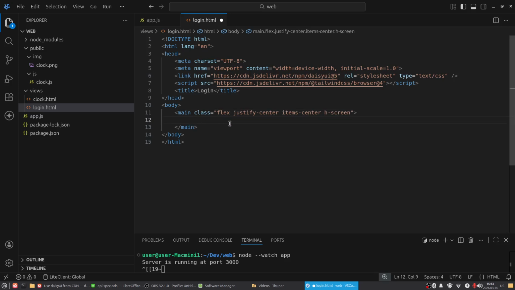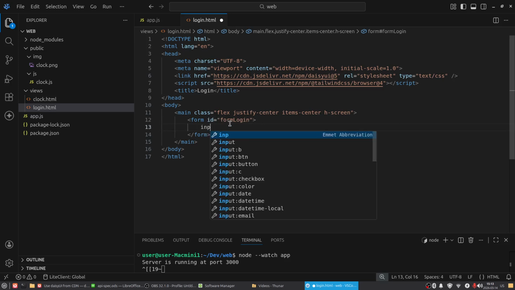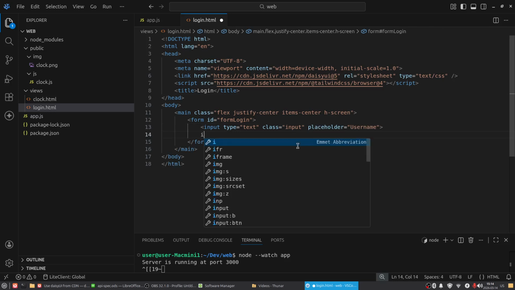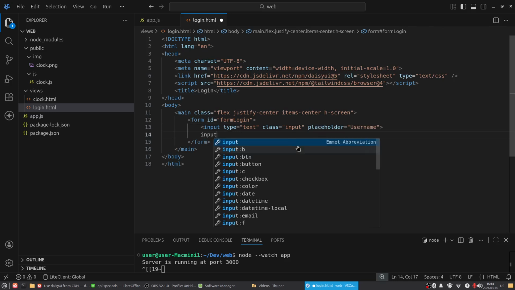Next we're going to create a form, and this form will be used for submitting username and password. Let's give this form an ID, say form-login. Inside we have username and password, right? So let's say input, type text, and we're going to use the DaisyUI class input, with the placeholder username. We'll do this for the password too. Input the password,